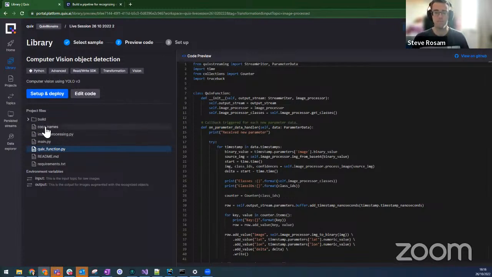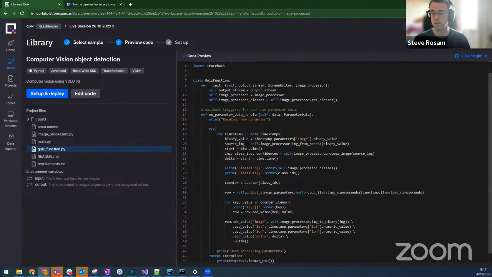It was trained, I believe, on a COCO data set, and I'm not exactly an expert data scientist or anything, so I don't know exactly what that means, apart from the fact that they got a whole load of objects like chairs, buses, and all that sort of thing, and they trained this ML model to recognize thousands of different images accurately and correctly. So we've basically harnessed that, and we're going to be